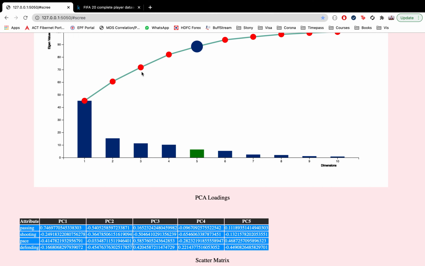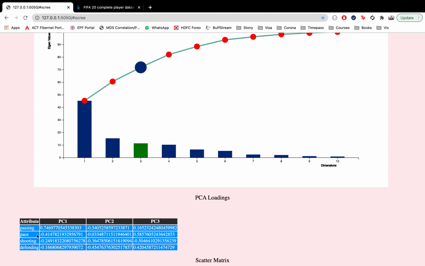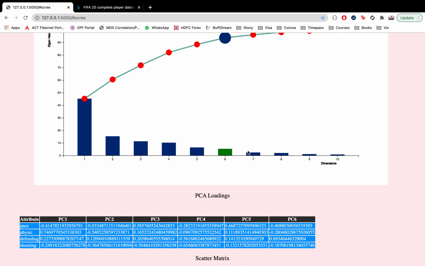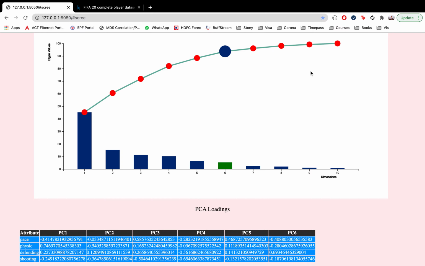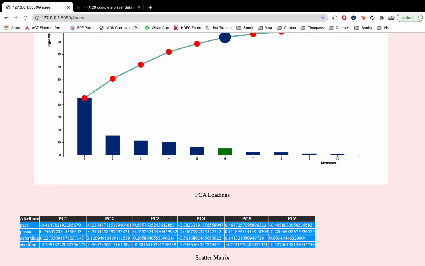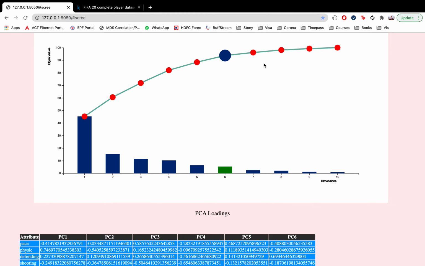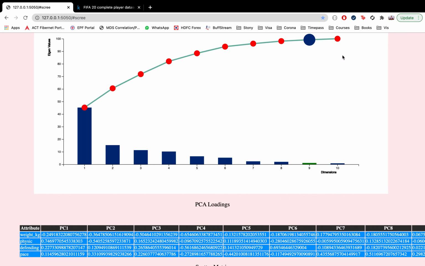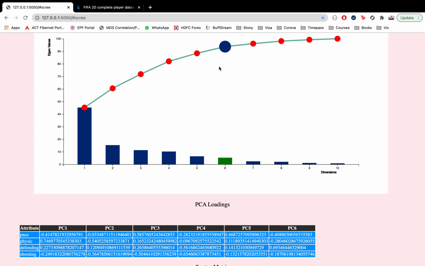On top of that, for different dimensions selected, the attributes keep on changing. And if you observe after the sixth one, which I mentioned before, I think the slope tends to be 0. You can get most of the information from these 4 features because these things tend not to change even after increasing to the next dimension. These still almost stay the same. Let's go with the six dimension PCA right now.